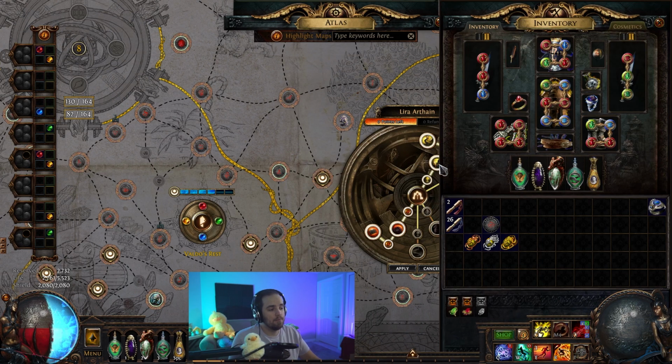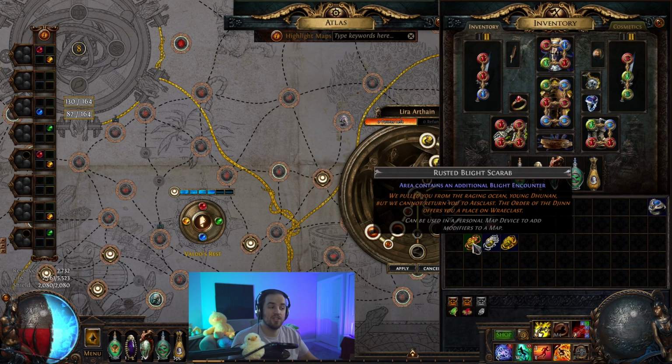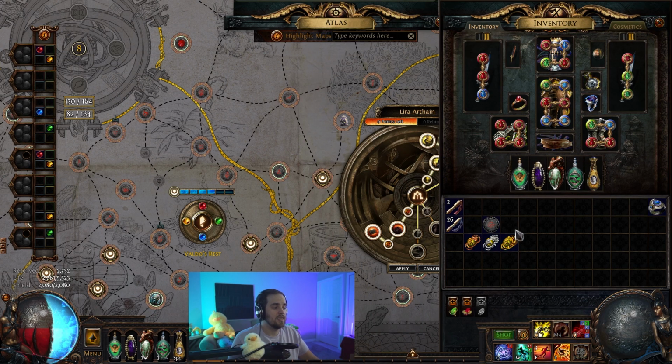blighted maps. Now, if you combine these with any map from the Lira Arthain area and you put blight scarabs on them, you'll notice here that it says area contains an additional blight encounter, or area contains an additional blight encounter, has an additional boss, area contains a blight encounter, a boss, and 50% chance for blight chests to contain an additional reward. So if you use these as well as just rolling maps like you normally would, and